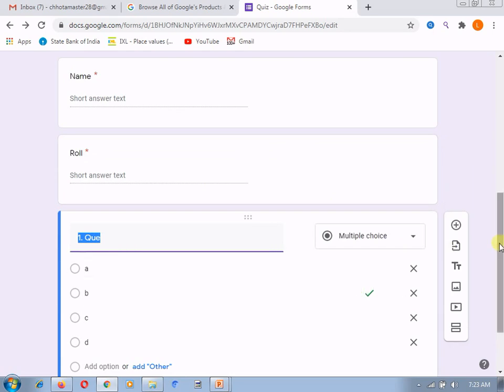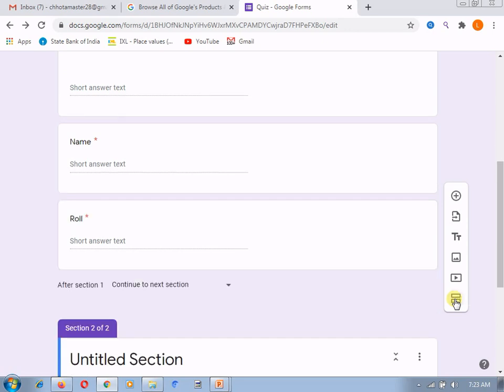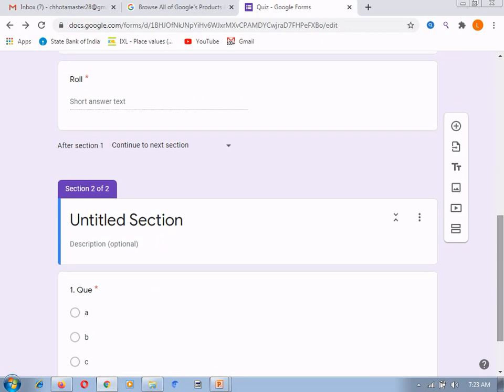Now after this primary information filled by the student, if you want to add a section, just go to the add section option, this last choice, and after this you will be able to see that there are 2 sections available.